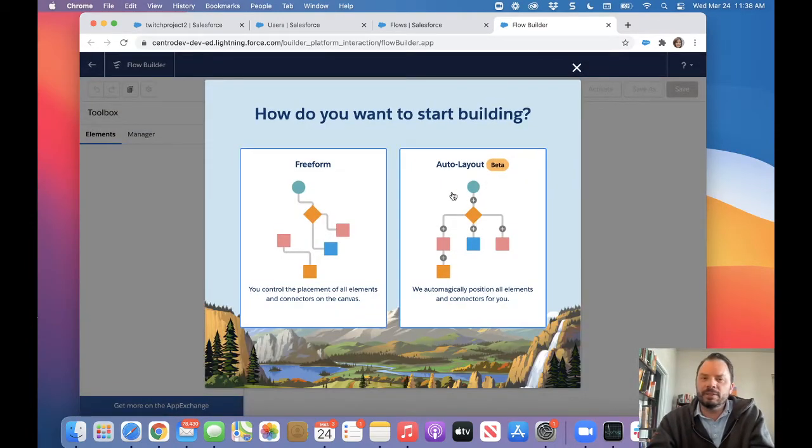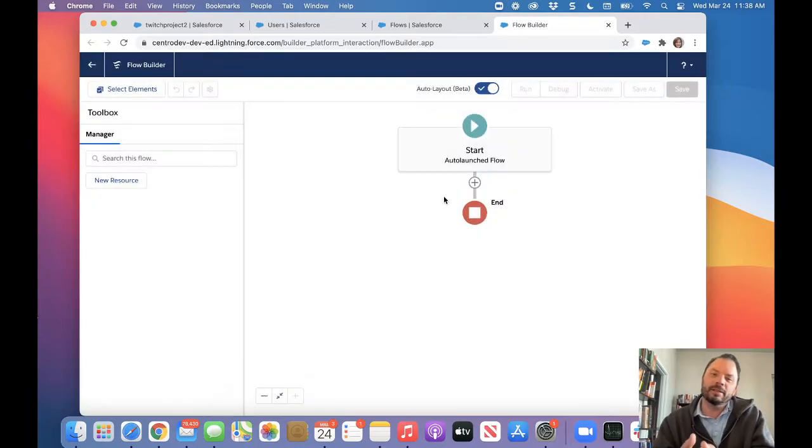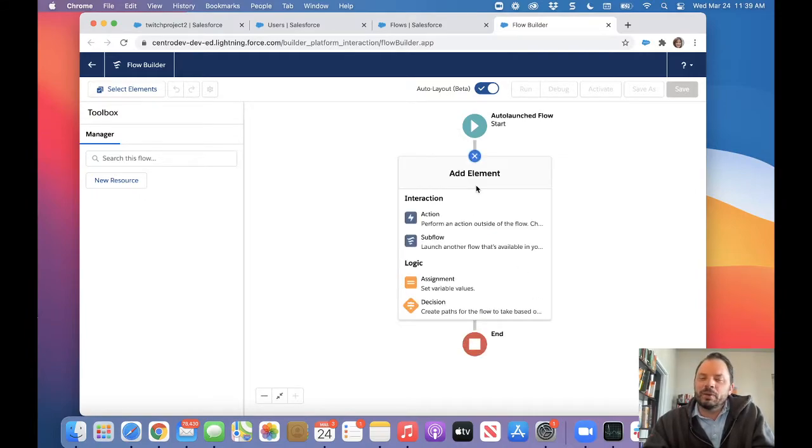Let's get started. I always do the auto layout. I just like to have it organize itself. It is a little buggy, I've noticed, but I'm used to it. And it gives some niceties like the little add an element button really quick. All right, so